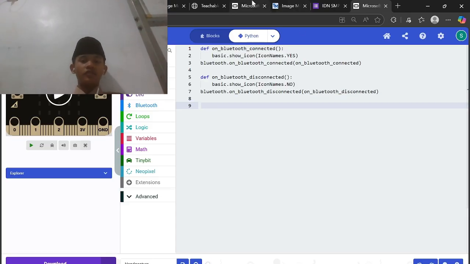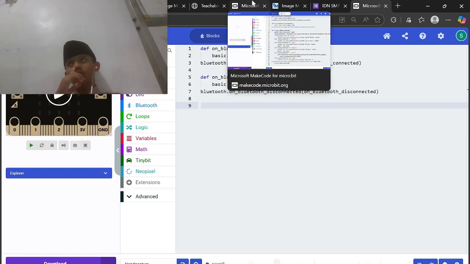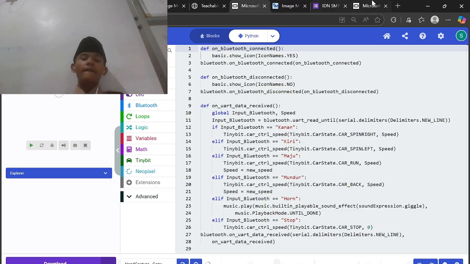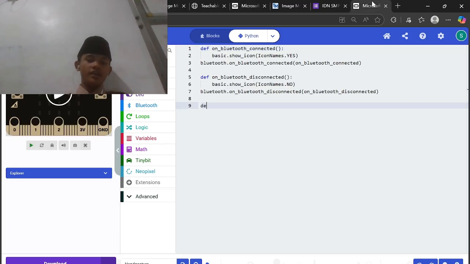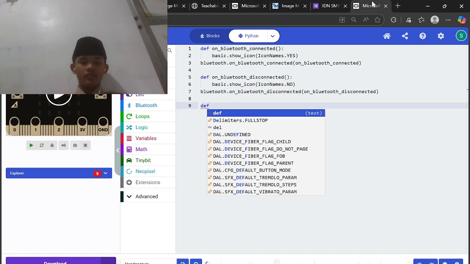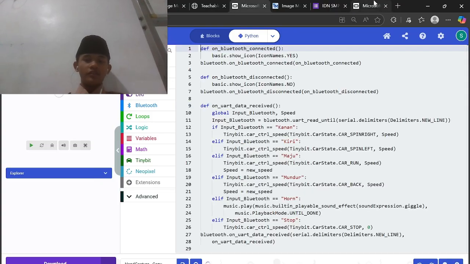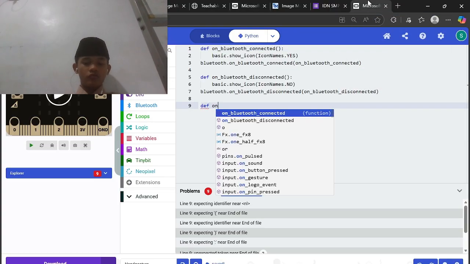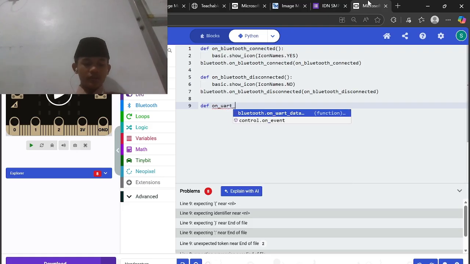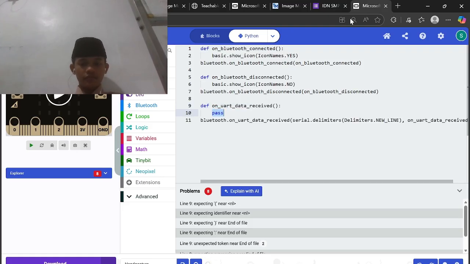Next is to make the Tinybit move. First is def forward, data retrieve.